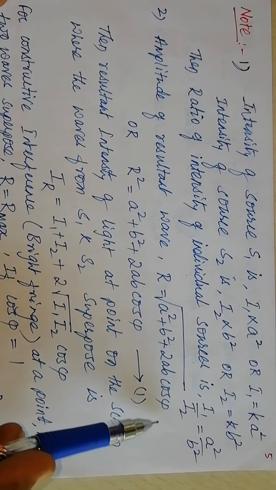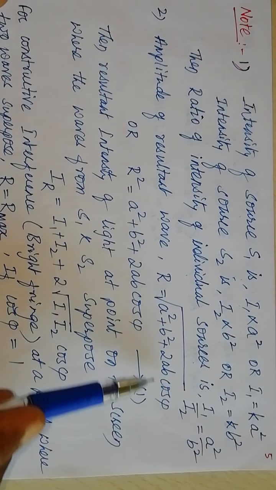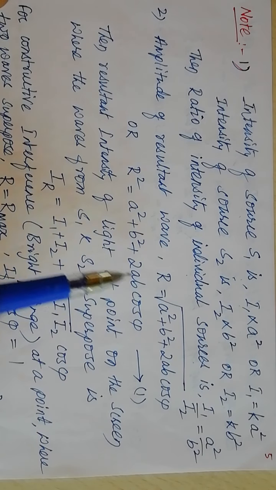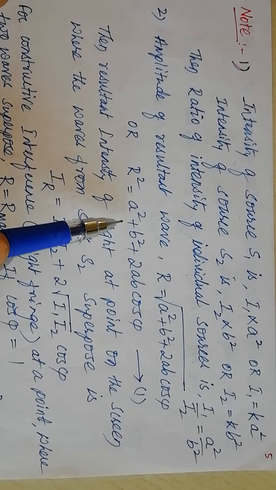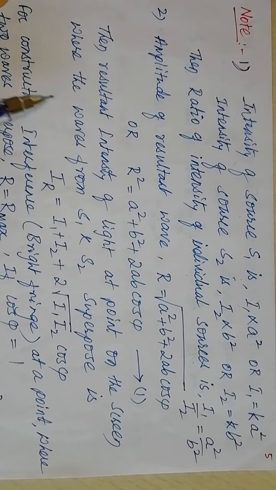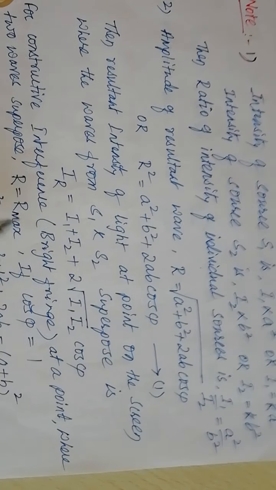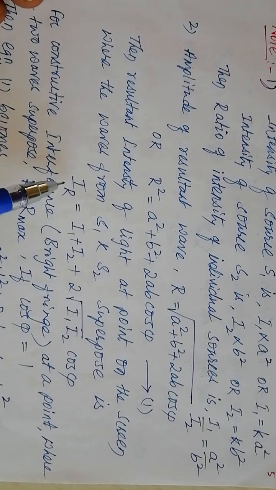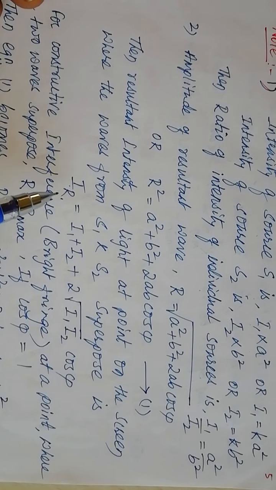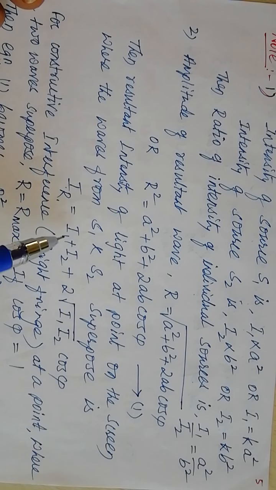This third term is the interference term that determines the intensity of the bright band and dark band, or R square equals A square plus B square plus 2AB cos phi. Then the resultant intensity of light at a point on the screen where the waves from S1 and S2 superpose is given by this particular relation. The resultant intensity IR at a point on the screen is equal to I1